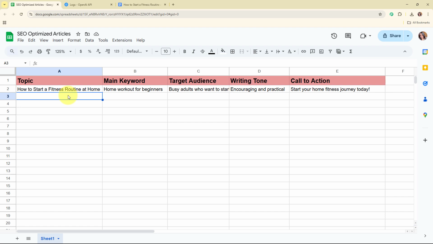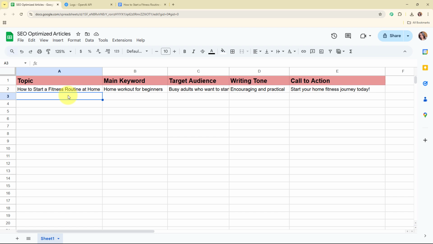Alright, so as you all know that as someone who manages content for my website, I need to publish SEO friendly articles regularly to improve my Google rankings and attract more traffic. But writing these articles from scratch takes a lot of time and effort. So by using an AI agent to generate SEO optimized articles, I can quickly create content based on specific keywords, topics, or formats. This not only saves me hours of writing but also ensures that my content is search engine friendly, helping me reach more people and grow my online presence faster without compromising on quality.